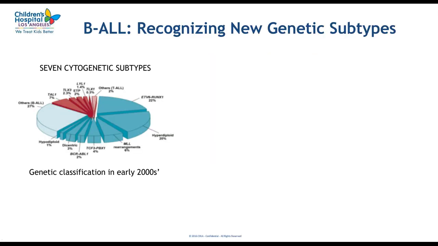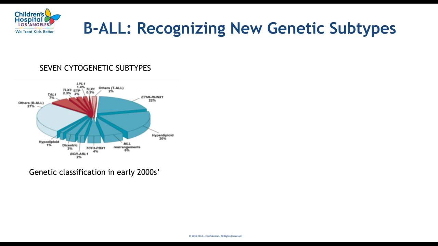So just to briefly explain, why is karyotype and FISH not sufficient anymore for our clinical workup of acute leukemias in children? If we take the example of BLL, about 15 to 20 years ago, we only knew a handful of cytogenetic subtypes, maybe about 10 different cytogenetic subtypes that could be picked up and characterized by chromosome analysis. And in more than 25% of the cases, the underlying genetic driver remained unknown simply because karyotype could not pick